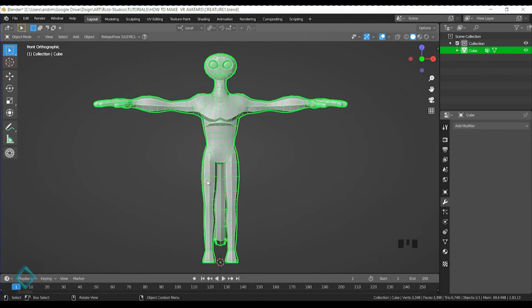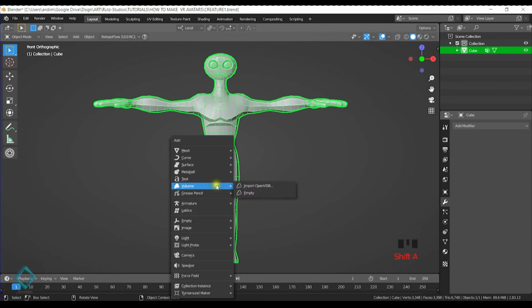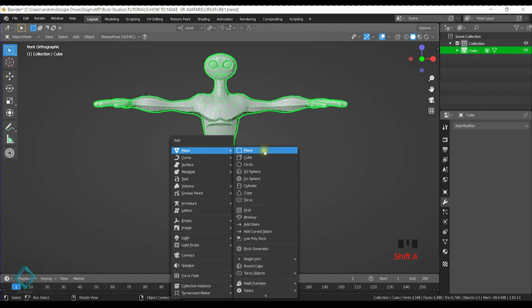But I'm just going to show you the bones that are the most common ones and the least bones that you need to make a humanoid rig. I made a video about the rigging part before, and it's basically the same thing. Okay, so let's start